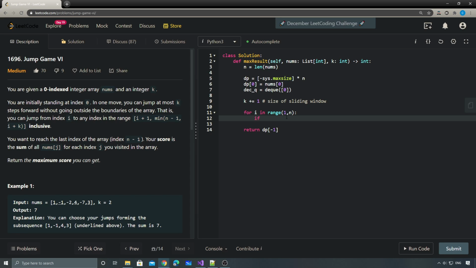So basically, if I is greater than or equal to K, then we know that the number on the leftmost needs to be moved out of the sliding window. But since we are only maintaining certain numbers in this decreasing queue here, that's why we also need to add a second condition here, right? So if the current biggest number,